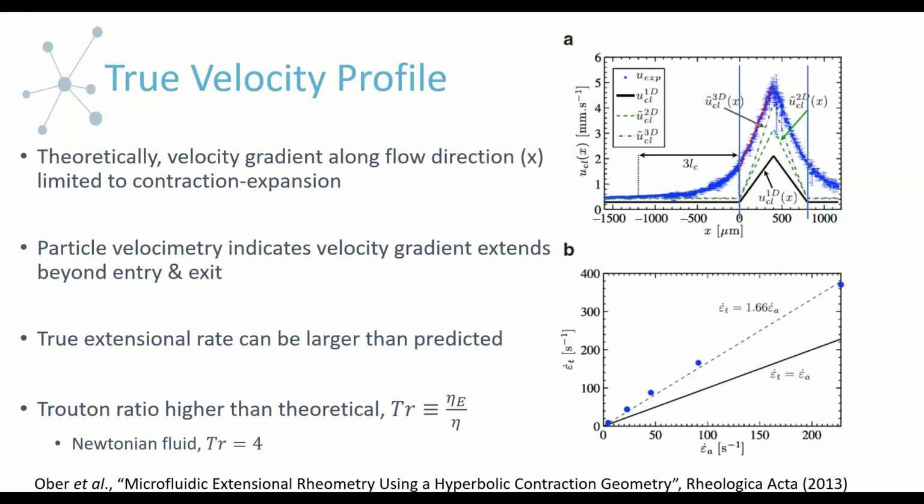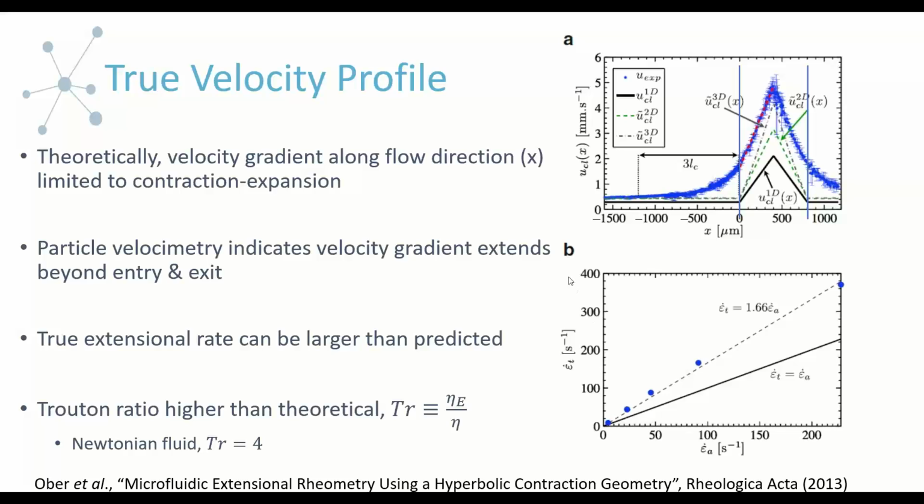And the other thing, which is a consequence of what I just mentioned and the extension of the velocity gradient, is that the true extensional rate tends to be larger than what is actually predicted. And so we can see an example of a real life relationship between the true extensional rate